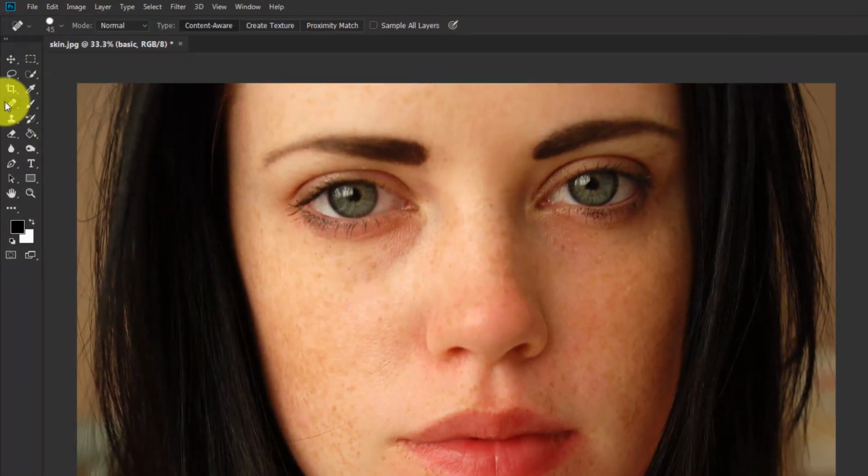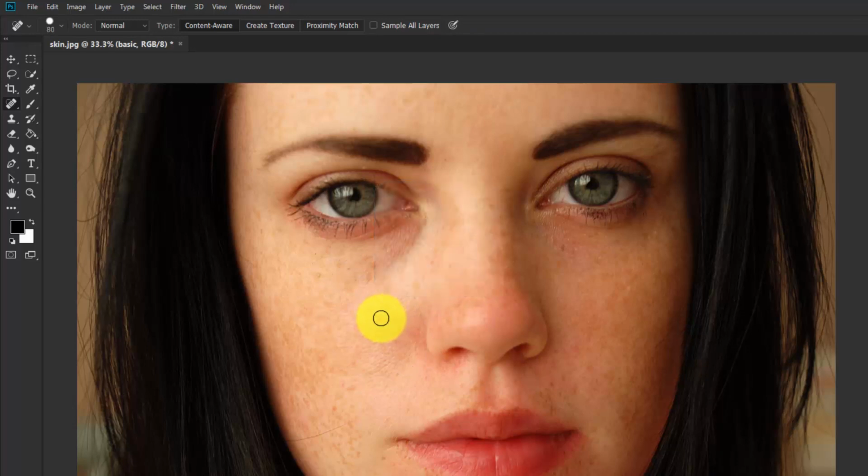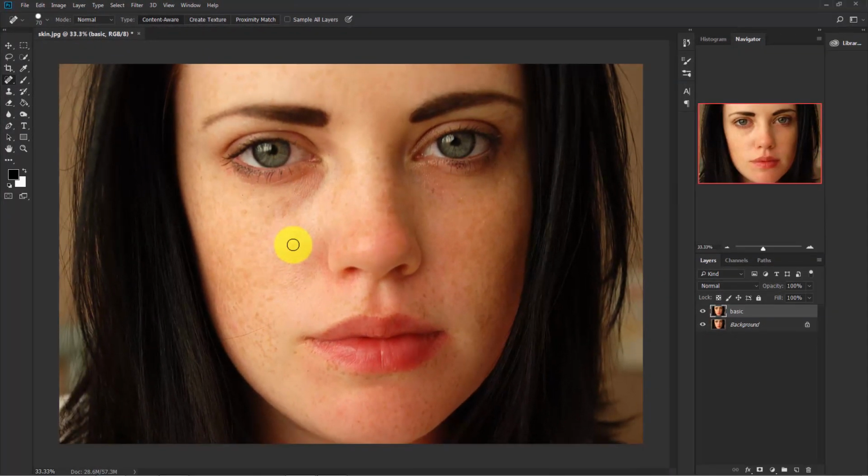Now take the spot healing brush tool from here. Now you can adjust the brush size using bracket keys. Try to keep the brush size as small as possible. Now zoom in using Ctrl plus